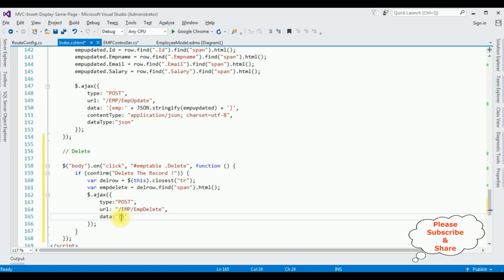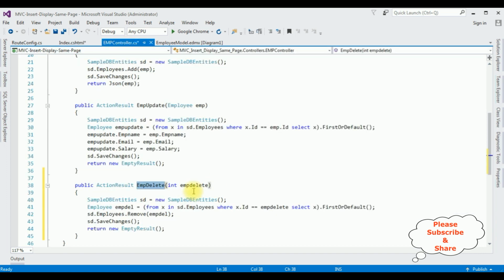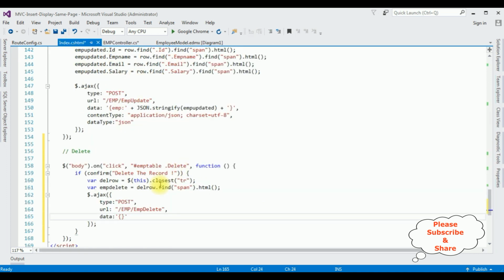Now between these curly braces, I'm adding the object name emp delete from this emp delete function, colon, single quotes, plus plus. Now in this plus plus I am adding the emp delete, this variable here,